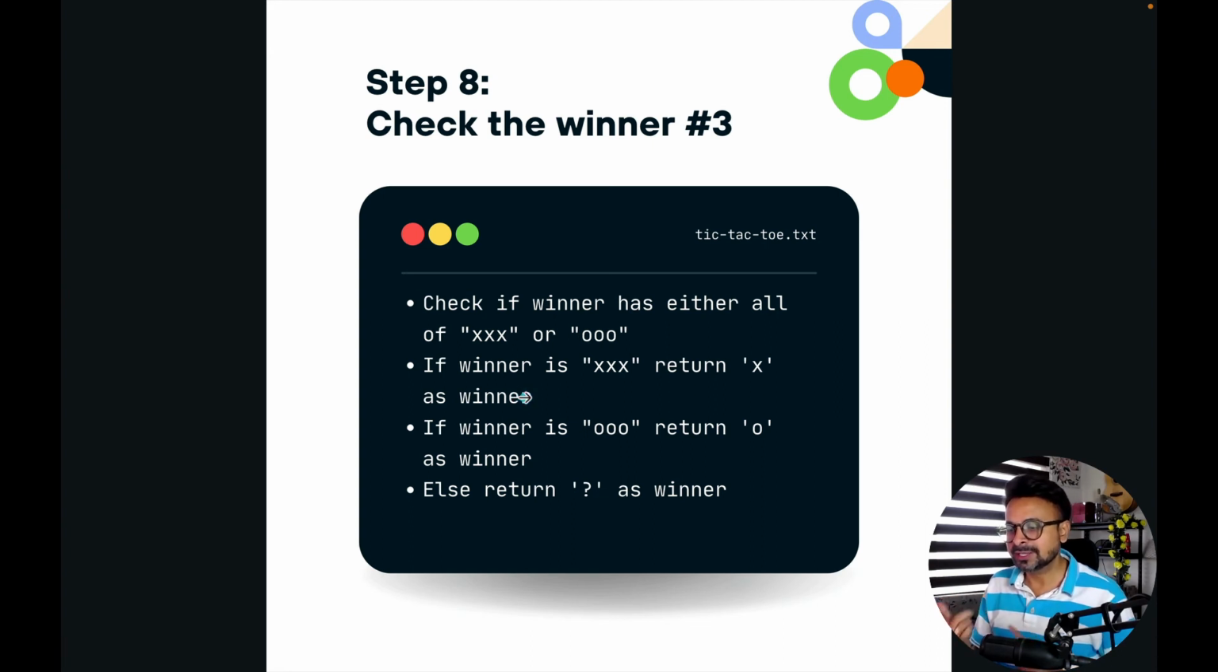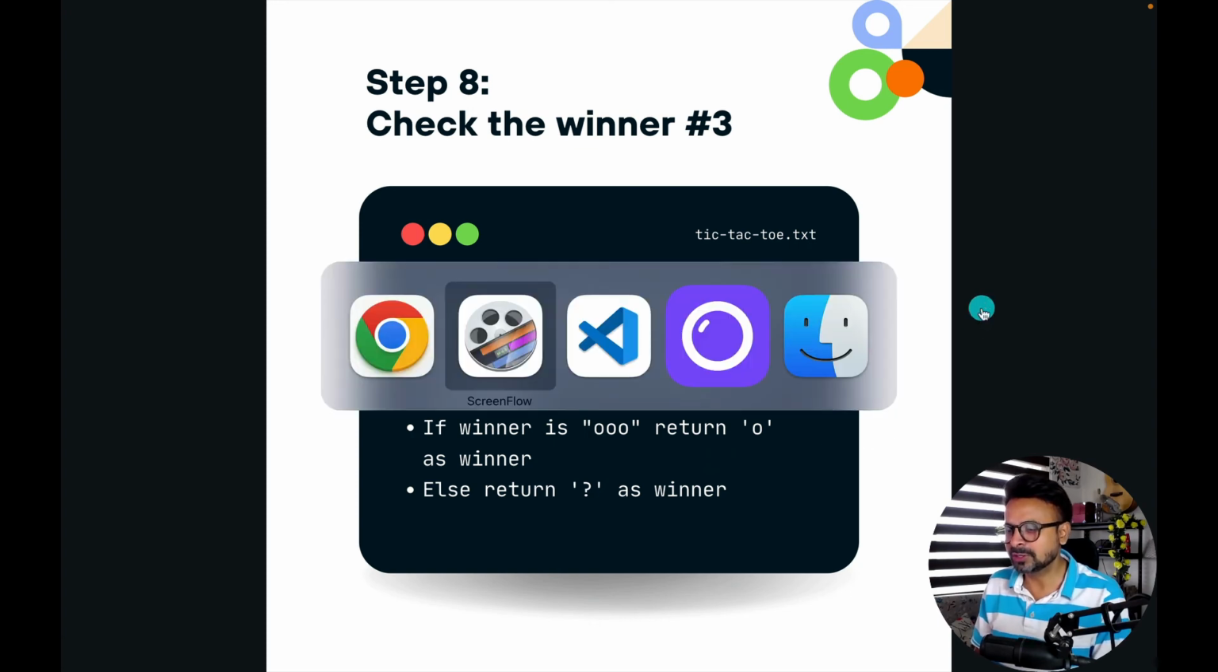If the winner is X, return X. If the winner is O, return O. Otherwise, question mark. We're going to do the same logic, right? I'll go back to my